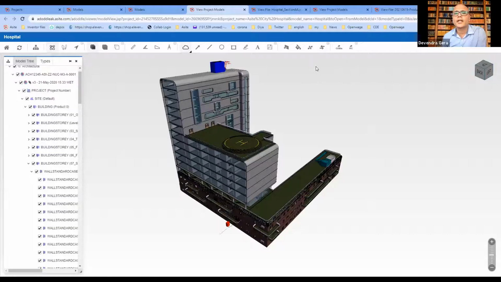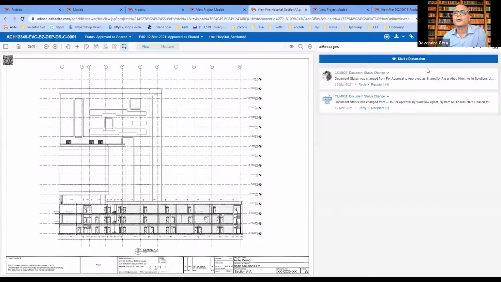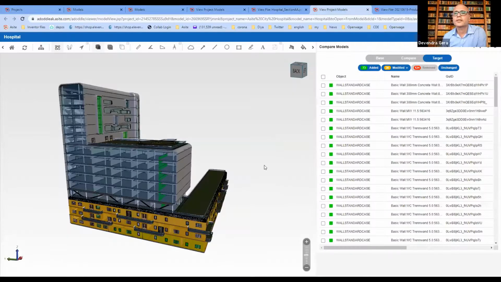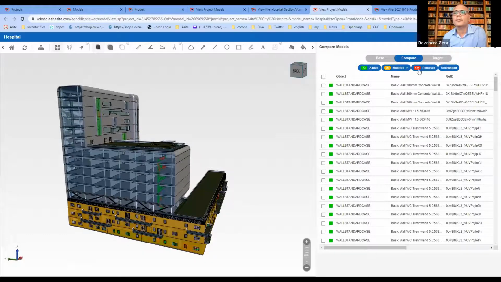Sorry, there's a problem with my internet connection.